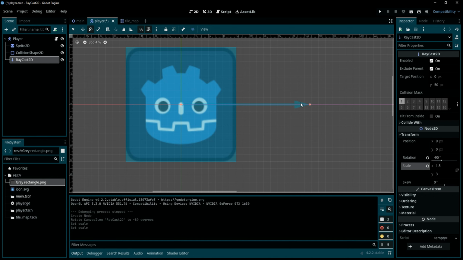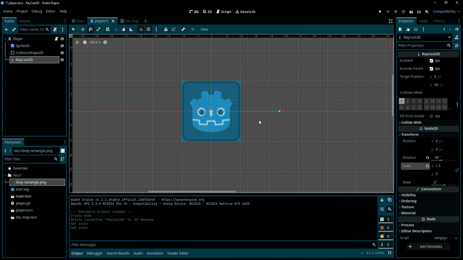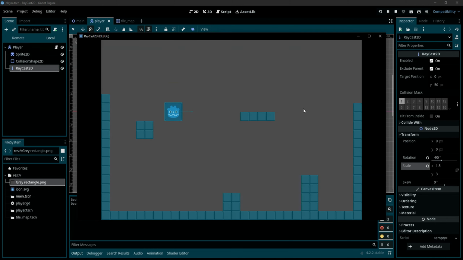Now we have scaled this Raycast2D, and now if you want to make this Raycast shown in your game, you need to go to debug, and here we need to check visible collision shapes. Now when we run the game, we can see all the collision shapes we have in our game, and also we can see this Raycast in our game. Now when I try to collide with something with this Raycast, it turns to the red color. That means it's colliding with something, but nothing is happening, and that's normal because we need to add some functionality